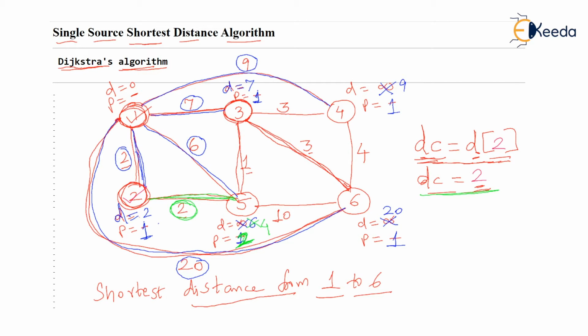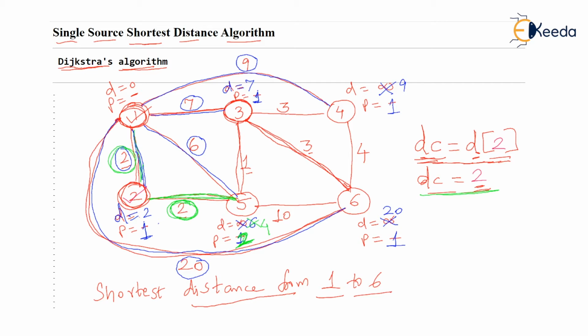Now what does this all mean? Why are we adding DC? You saw we were processing second vertex, and 2 to 5 happened to be 2. It was so easy. It was 2, isn't it? But why did we add DC to it? Because we don't want these direct distances. We want distance of the fifth vertex from the source, from first vertex. And listen, we have already traveled a distance of 2 here. DC is 2. While coming to vertex 2, we have traveled a distance of 2. So we will add that 2 to this new distance, and then we will compare the distance. I hope you are getting used to this.